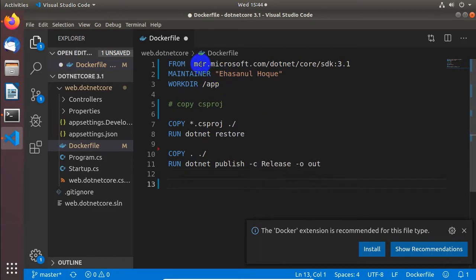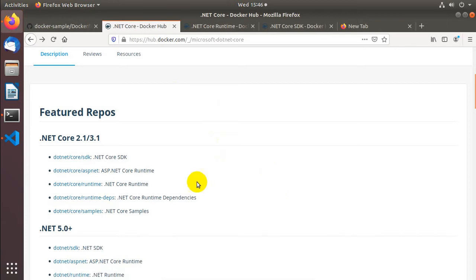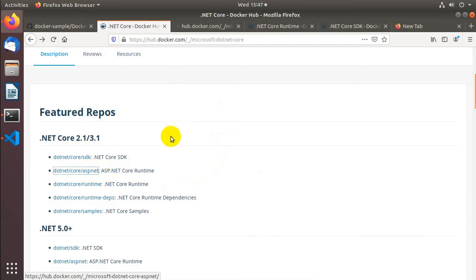So from this stage basically the app is compiled and published, and the binaries are stored in the out folder. For running the application in the browser, we should have an ASP.NET runtime. So let's browse Docker Hub again, and we see the ASP.NET Core runtime. Let's browse it.